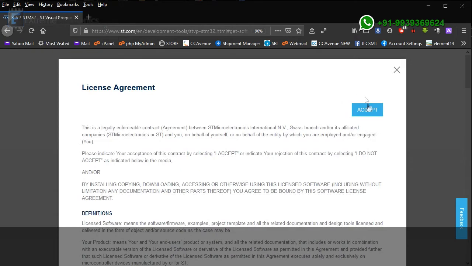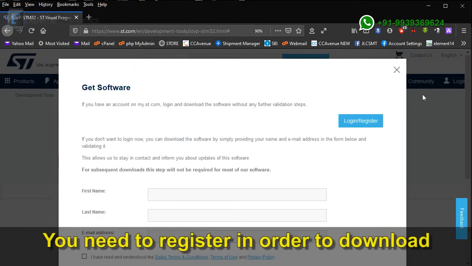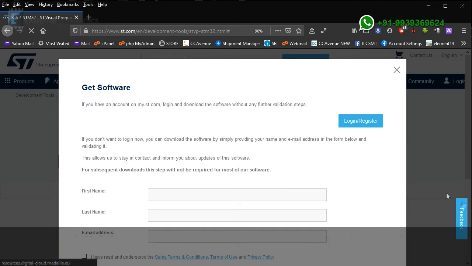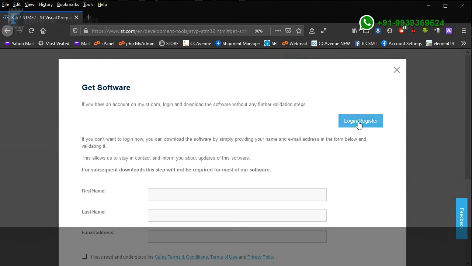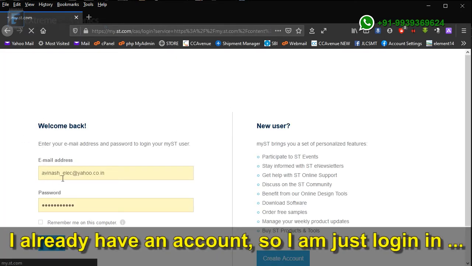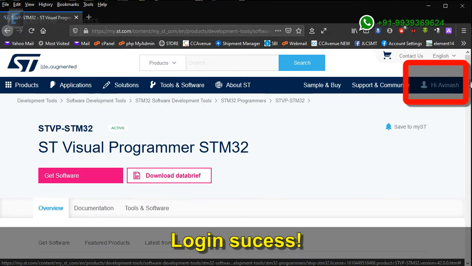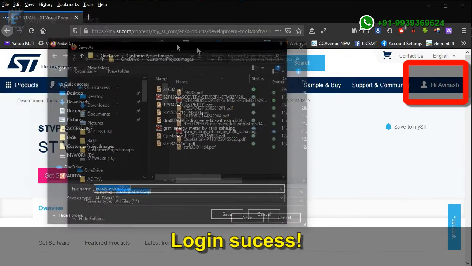Then accept the license agreement. You need to register in this website in order to download. I already have an account, so I'm just logging in. Here I have successfully logged in, and now save the zip package.